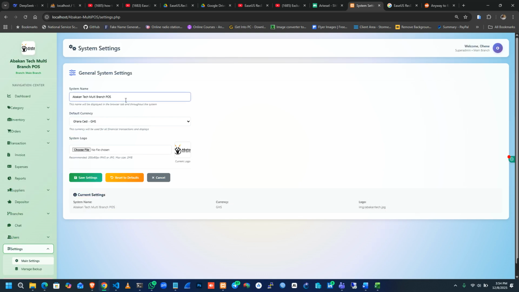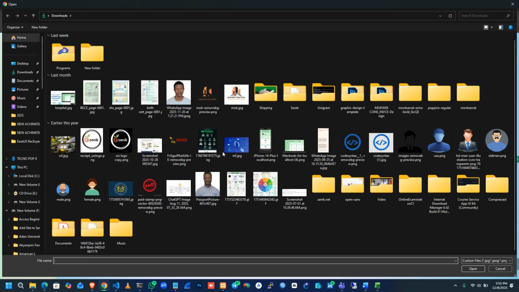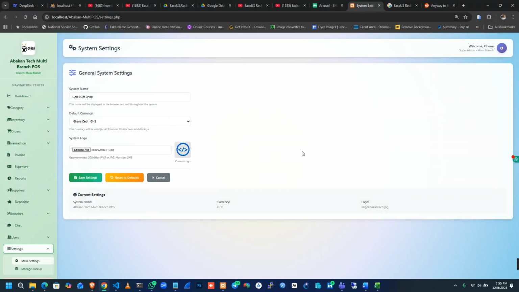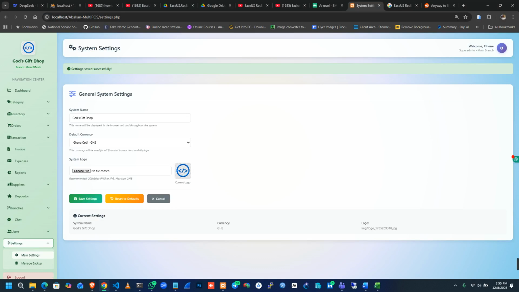Assuming the name of your business is God's Gift Shop, and then you upload your business logo. Let's use this. The moment you click on save, the name is going to change, the logo is going to change, and